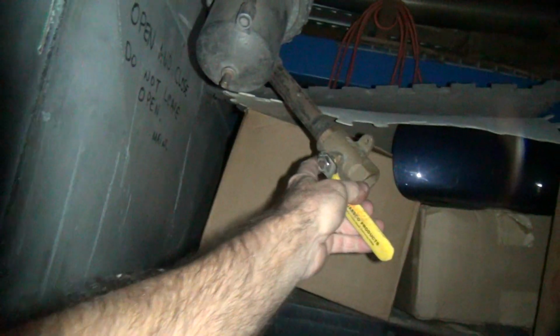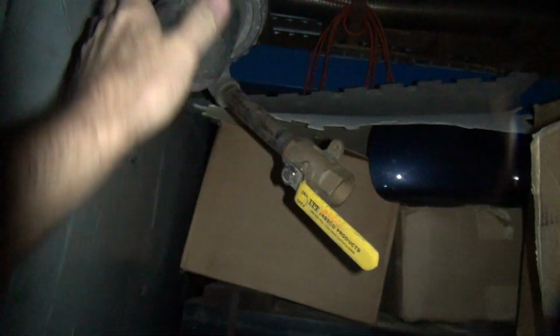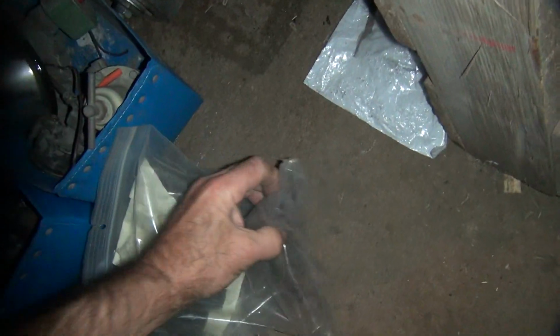So that's going to go to the back of the machine over here. This is a 3/4 line coming out of here. You got a 1/2 inch coming out of the machine out here. This is on the back of the machine. I got a valve here I can put in if I want. This is 3/4 inch and the hose is 3/4, so everything's the same. There's a nozzle down here somewhere in all this junk, some 1/2 inch stuff. There's a blast nozzle right there with a little small orifice in it, so 3/4 hose should be plenty to